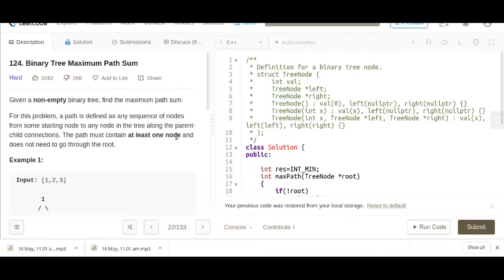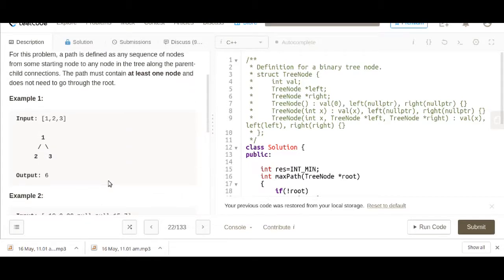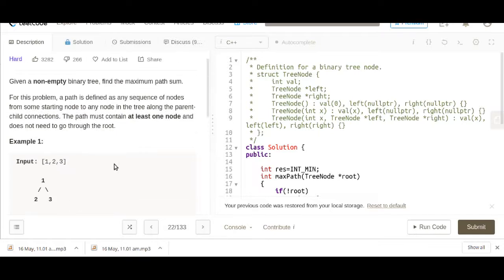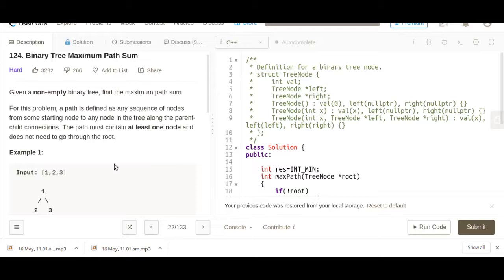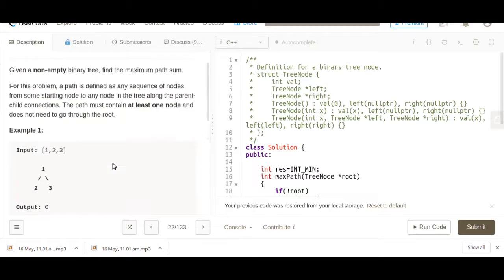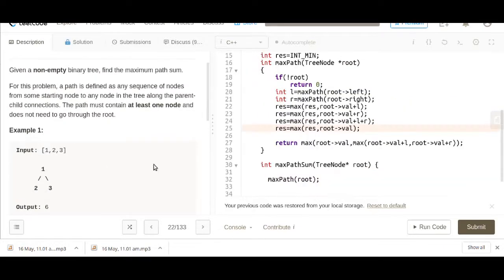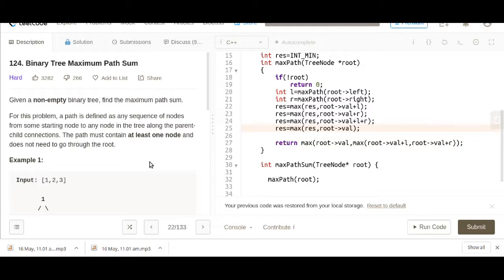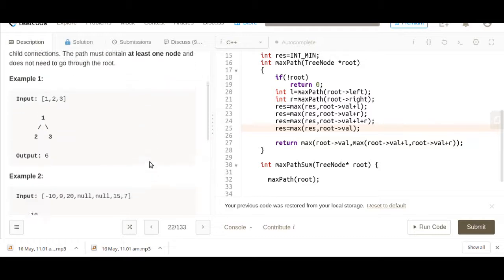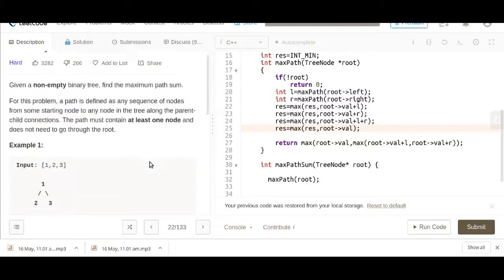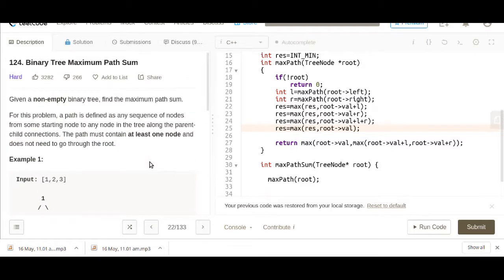So in the first part of this video of finding maximum path sum in a binary tree, we have discussed finding the maximum path between any two nodes in a binary tree. But in this video, I'll be looking at the maximum path sum between any two leaf nodes. In the first part, we explained the code and the logic, so if you haven't watched that video, I recommend you go and first watch that video and then come back to this video.